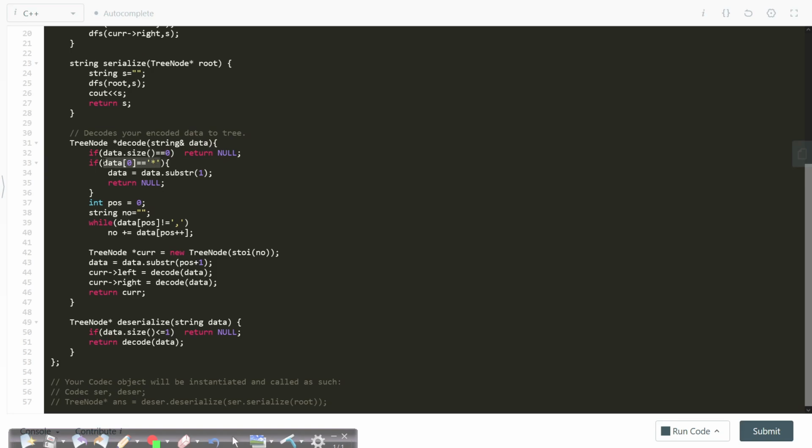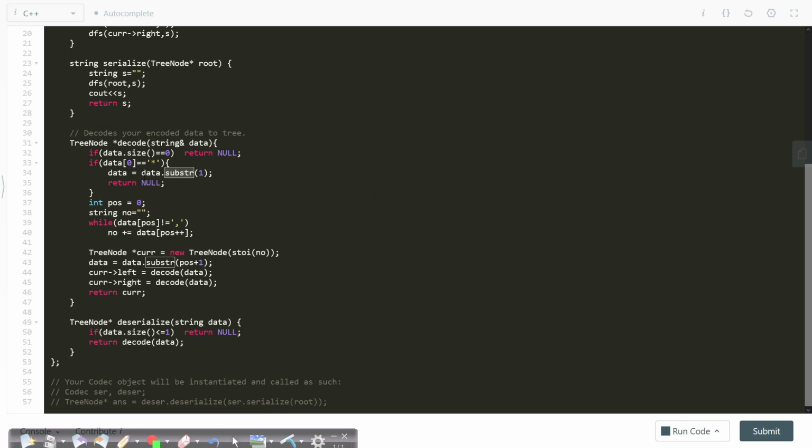If it is not 0 and if the data at the current position is star, that means we are at a null pointer. So we will trim it out using the substring function. We take out the star. So substring at 1 means take out the 0th index value, whatever it was, and take the entire string from the first index till the last index. So if I had written something like this, the result of it will be to trim it out and get everything from index 1 to the last index into the data. Okay, so this is the meaning.